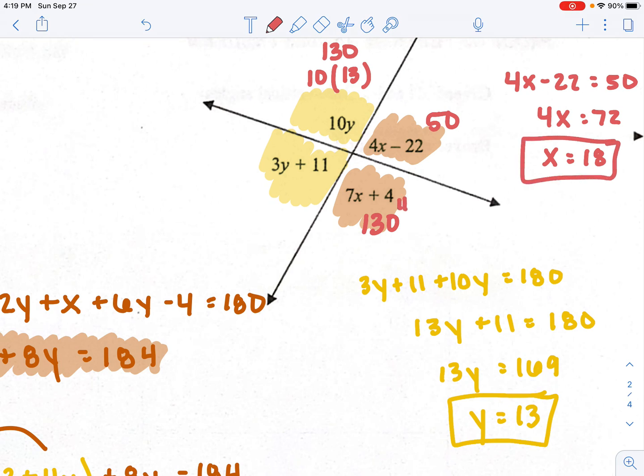I could also do the same thing. I could have said that 7x plus 4 equals 130, and I would have gotten the exact same answer. So there's tons of different ways we could find these answers. If you do something different, that is totally okay. Come to questions for class, or come